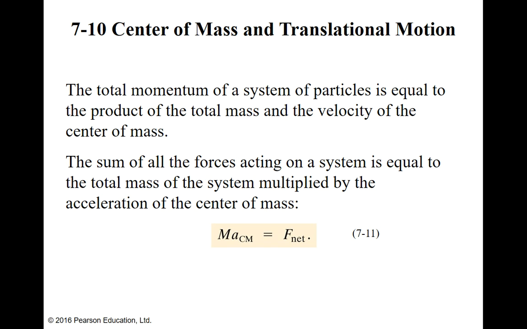So the total momentum of a system of particles is equal to the product of the total mass and the velocity of the center of mass. We have already calculated the momentum of a system by calculating the momentum of each particle, mass times velocity. We could now calculate the momentum